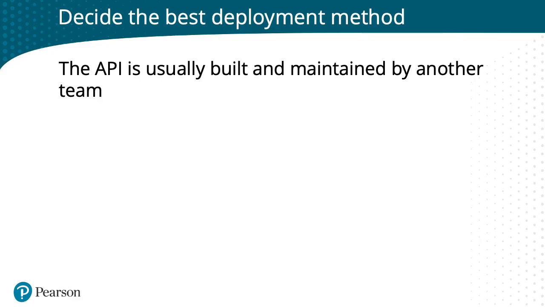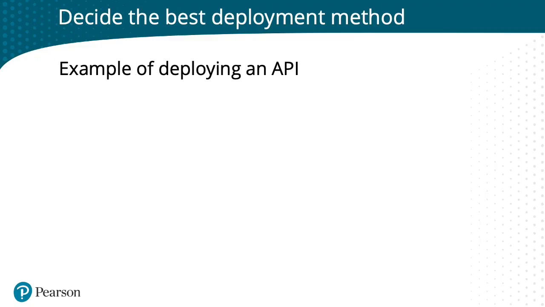And the API is typically built by a separate team, but every now and then the machine learning team might have to manage their own API as a separate project in a separate repo, and it's hosted on a separate platform. But a lot of times you'll have an API that's built and maintained by another team. You just are responsible for getting them an updated version of the model when it needs to be updated. So let's take a quick look at how you might actually deploy a model.